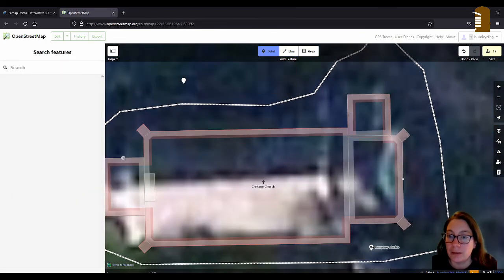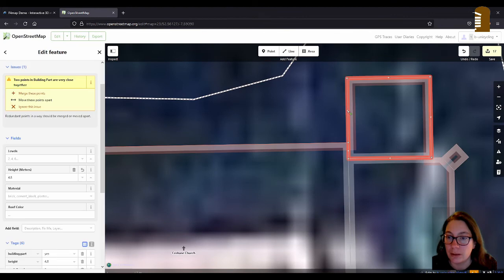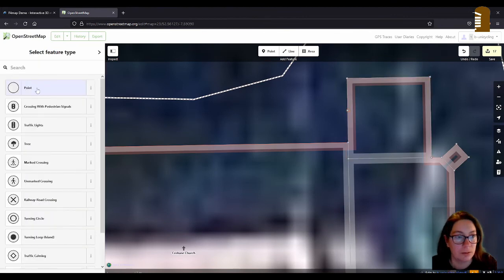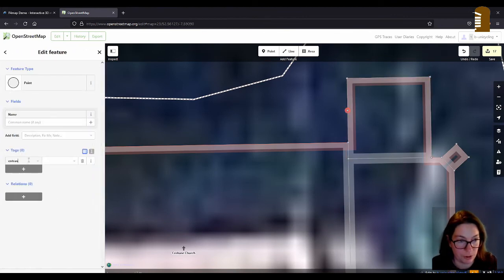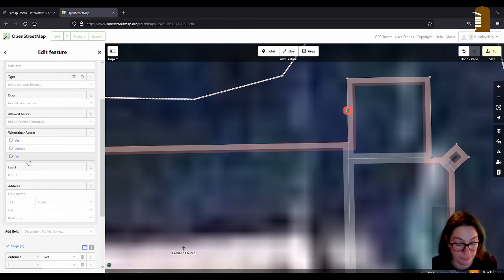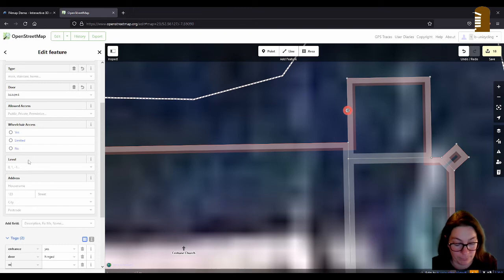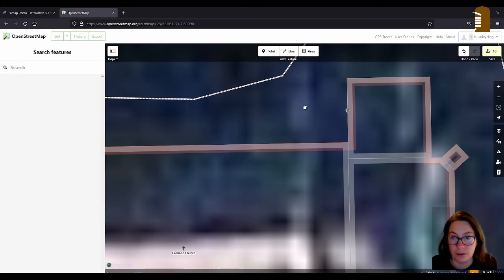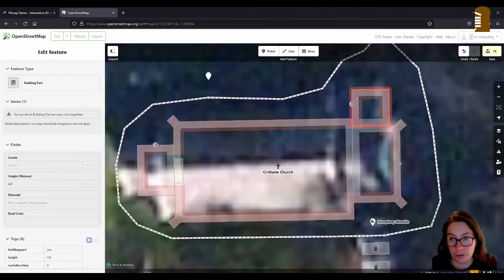And then another door here. Entrance, yes. Door, hinged, material, wood. There were 2 steps here, which I could add.